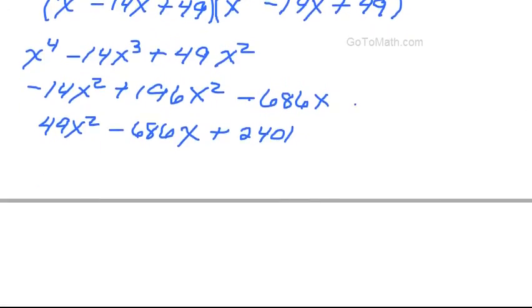Alright, what we'll want to do now is collect up all our like terms. Well, we only have 1x to the 4th in all this. Alright, so go ahead and write that out right here. We have an x cubed. Let's go ahead and underline this. We've got an x cubed here, and there